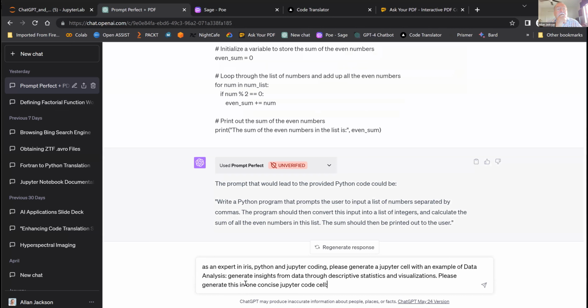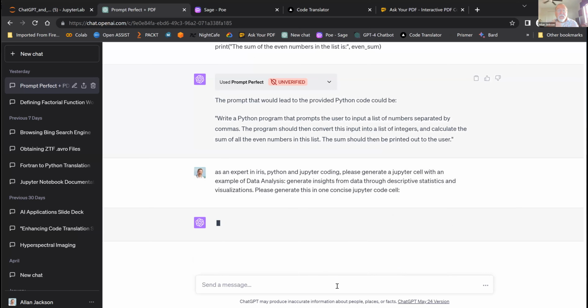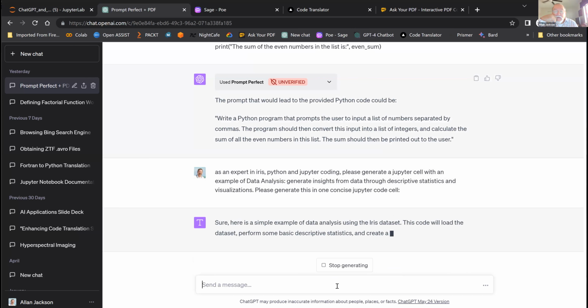What I'm doing here on the screen is putting the same prompt into ChatGPT 4, and we'll run that and see if it gives us anything like it.